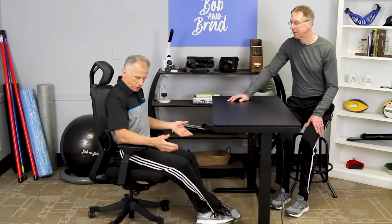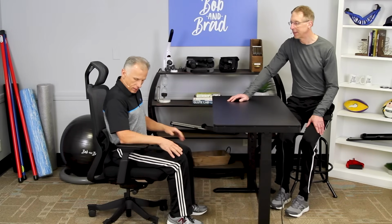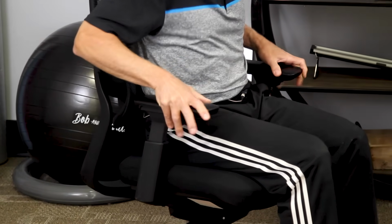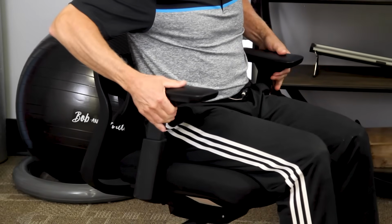This is a big one I really appreciate because, if I'm working somewhere, you want to take the stress off the shoulder as well as the neck. So you want to rest those arms on, and this would be too high, but if I had my keyboard in my lap, which I like to have the wireless keyboard and have it set on my lap, you let your arms rest here, and look at this. If you want it to angle in, it allows, and this is padded, it's not a hard armrest, it's cushioned, which allows that. And you get 3 different detented positions and the up and down, which is nice,